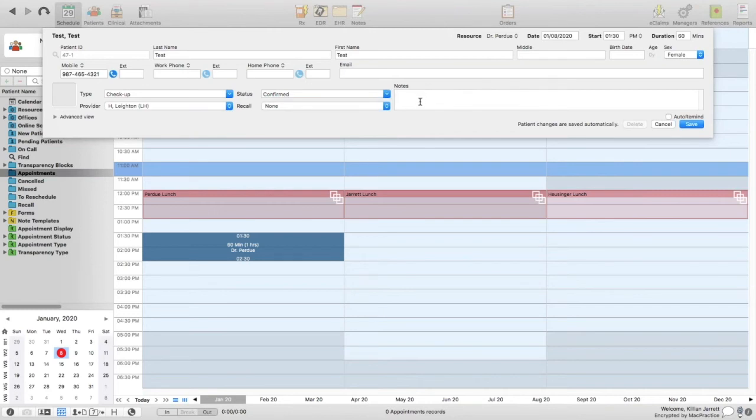So this can be really used for anything. A common example we'll see, especially if you were to do it for a new patient, is you could put check insurance card, because we obviously wouldn't have that on file yet. So what you can do is you could put that in the notes here. So if I were to put that in there,